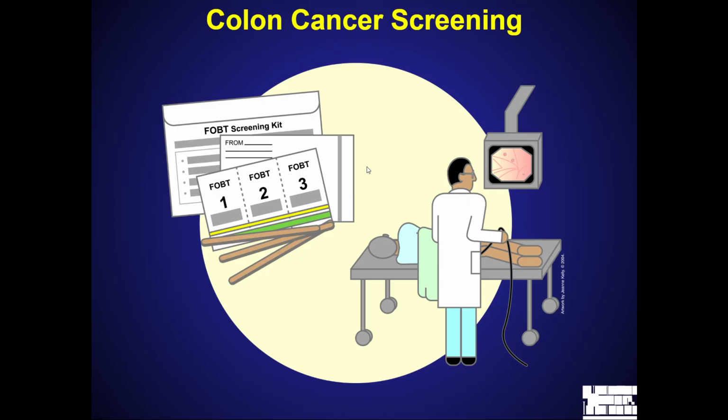You just take a sample of your feces and you smear it on a card, and then you ship the sample back, and they test it in the laboratory for blood. If blood is confirmed, then more elaborate tests may be conducted to find the source. And then there's the colonoscopy, which uses a colonoscope to find growths throughout the colon, which are known as polyps.